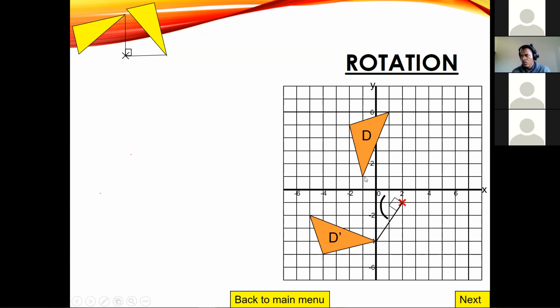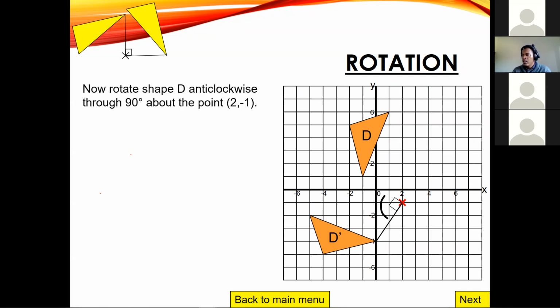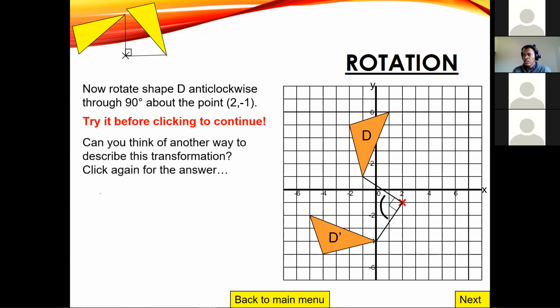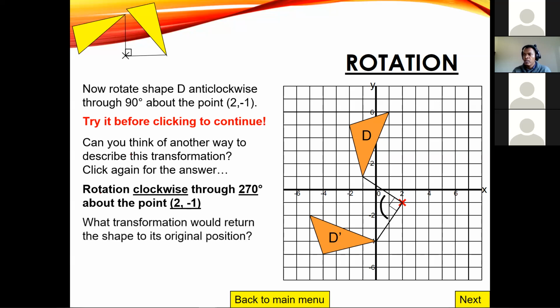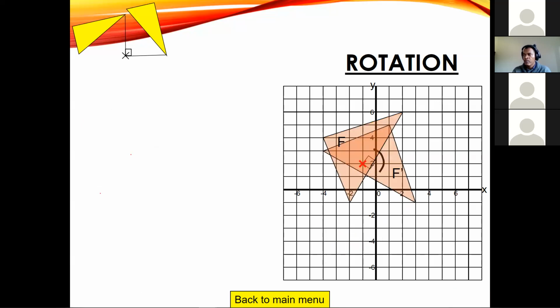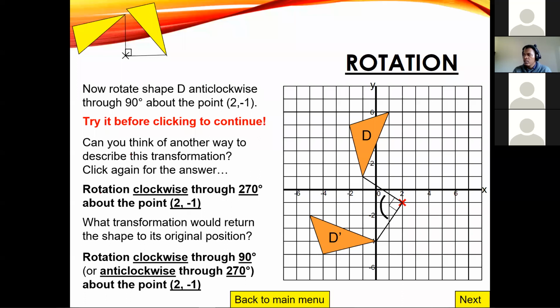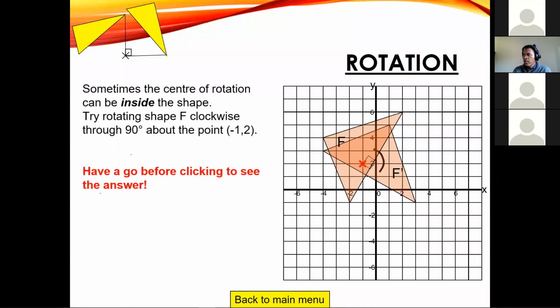Then we will take our ruler, join that point to the center. And once that point is at the center, then tracing paper will be used. And once the tracing paper is used, we will now just rotate it on the tracing paper. Okay, so this example again,